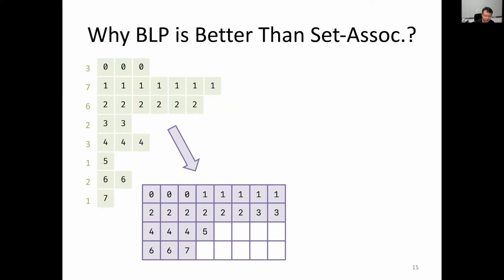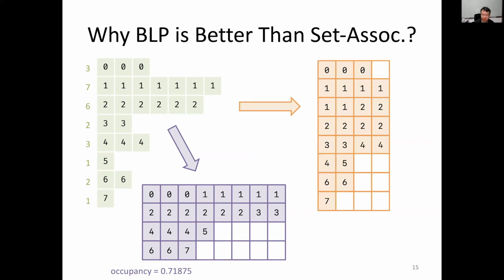And bucket 0 and 1 can store in the new bucket 0, and so on and so forth. And this 8-way set-associative cache gives us an occupancy of about 71.8%. In contrast, if we use 4-way BLP to store this data set, then we can get an occupancy of